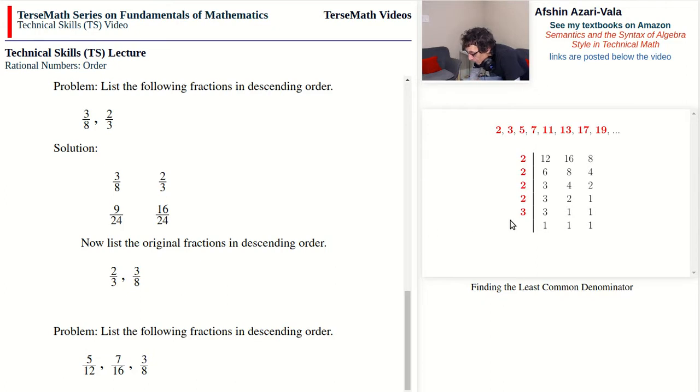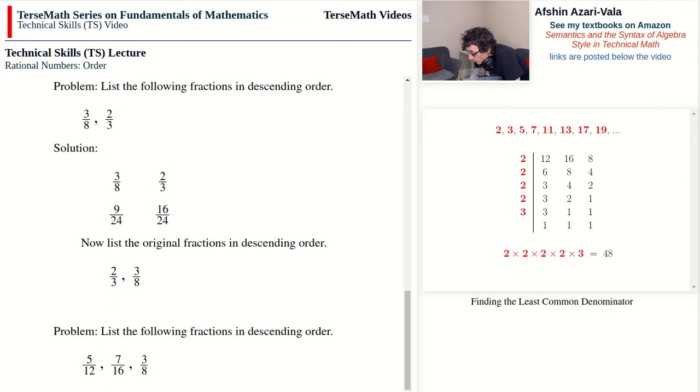Now we take all of these primes that have shown up on the left side and we multiply them, and again this is guaranteed to give you the least common denominator, which is the smallest common denominator that you can use, in this case 48. Okay, now we put down 48